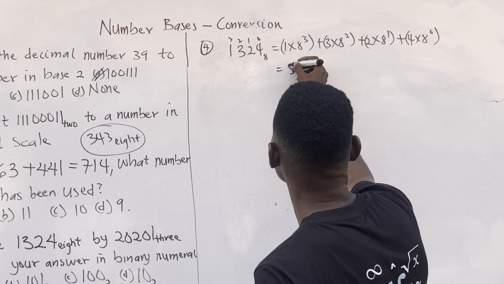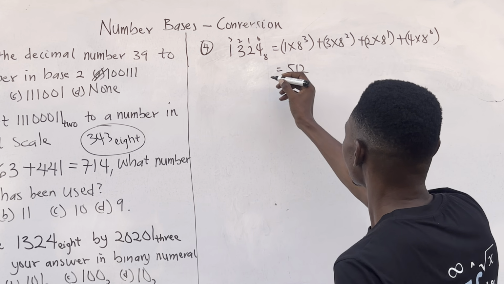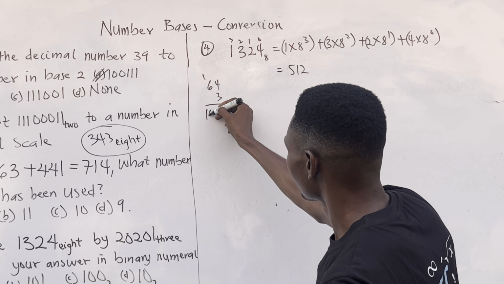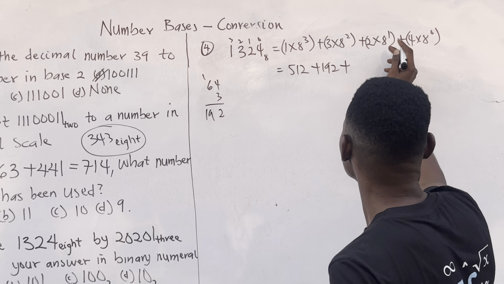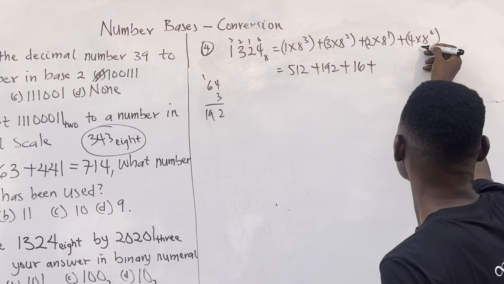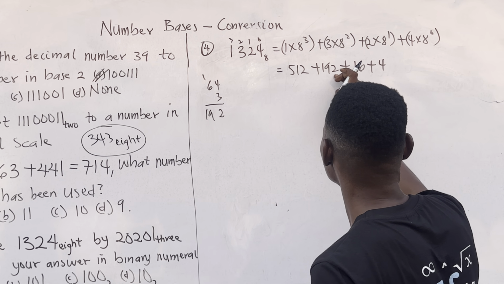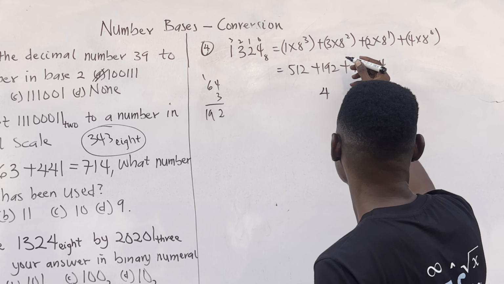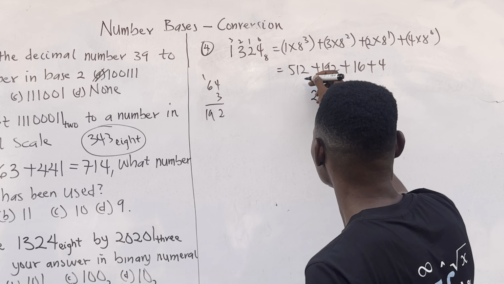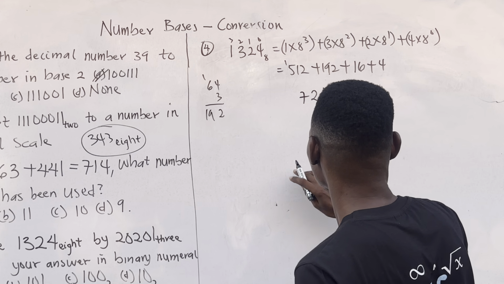So this is 512 multiplied by 1, 64 multiplied by 3, that's 192, 8 raised to the power 1 is 8 times 2, 16, plus 4. So 6 plus 4 is 10, plus 2, 12, plus 2, 14. Add on 4, carry 1, plus 1 is 2, 2 plus 9, 11, plus 1, 12. Add on 2, carry 1. So we'll have 5, 6, 7. So we have 724